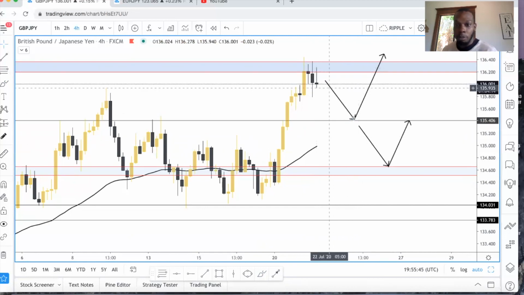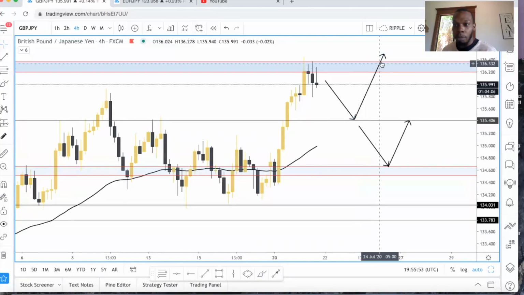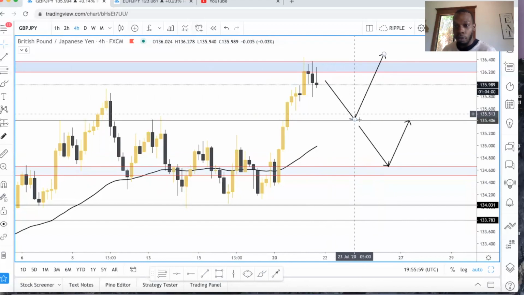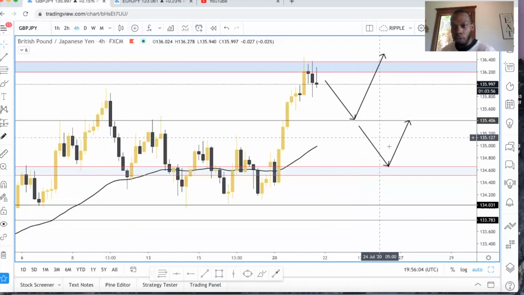So boom, if price pushes down and finds support, you start to see momentum slow down. You start to see bullish reversals around here. You'll look for the buys possibly back up towards 136 and possibly to a new high. If it breaks through the 135.5 to 135.3 level, then more than likely it's going to push down towards 135 support